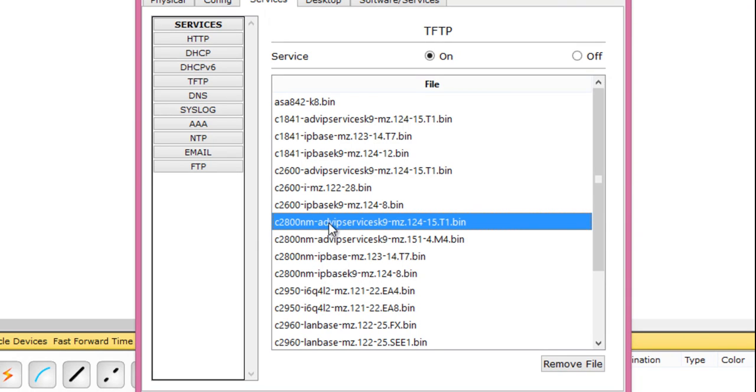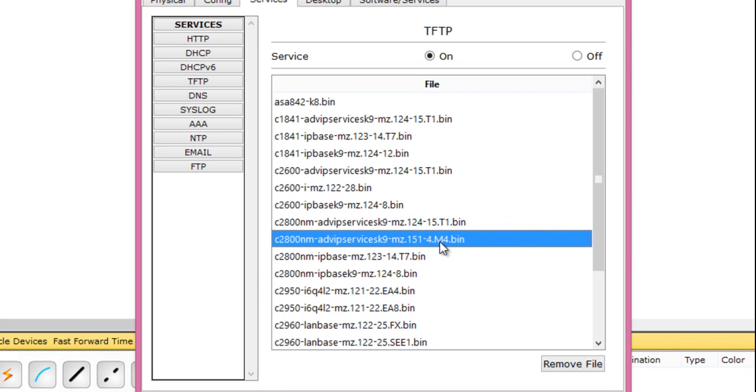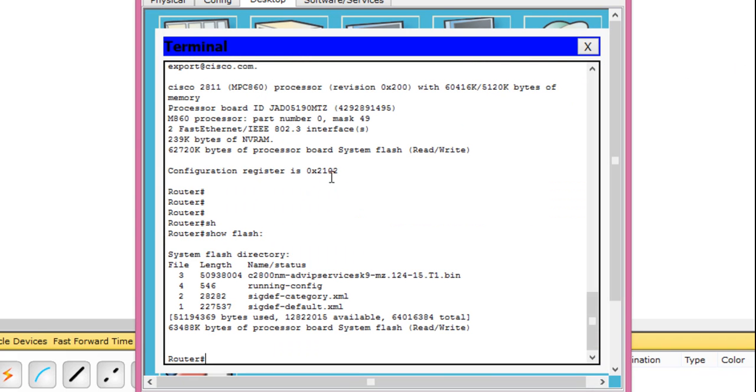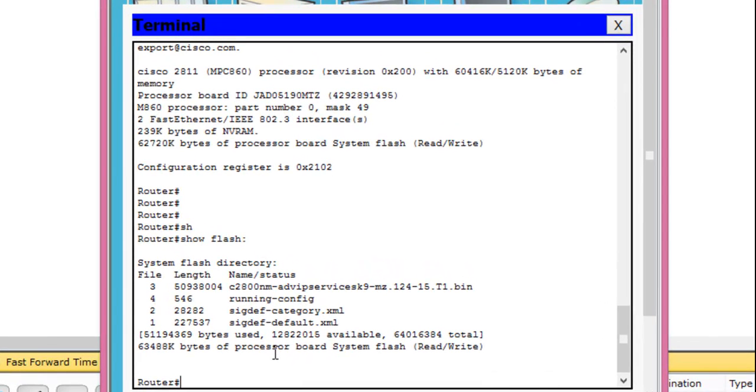So the first IOS file is 12.4, which is currently located on the router. We need to upgrade to 15.1 version. So we'll select the IOS file and we'll press Ctrl C for copying the IOS file name. Now move to the console session, and to copy the IOS file from the TFTP server to flash, we need